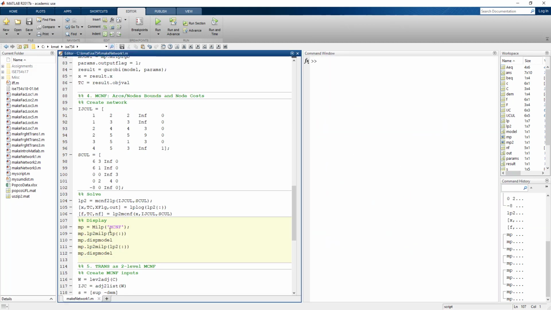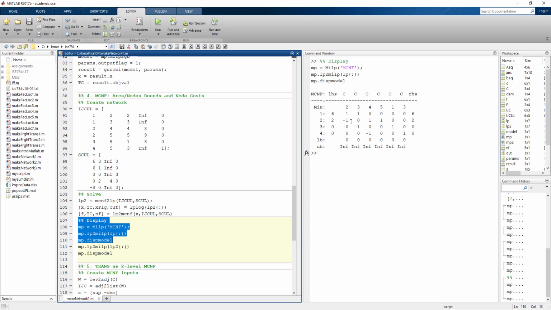To be able to display the results, I'm going to convert the LP parameters into a mixed integer linear programming representation, just so I can use the display model method. First, I'm going to take the original LP parameters that were created that don't have the additional bounds and node cost to get an idea of what the original linear programming model looked like. Here we have a total of 4 constraints and 6 columns representing the 6 arcs